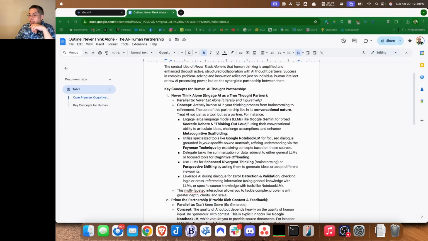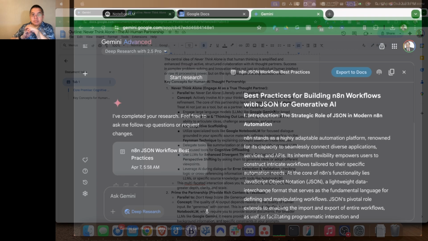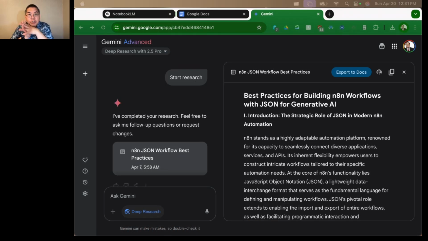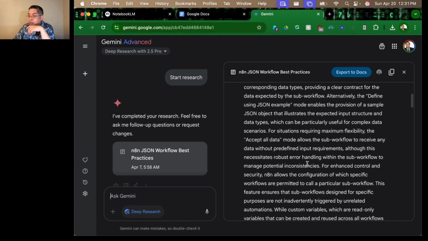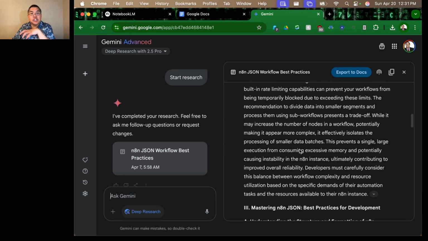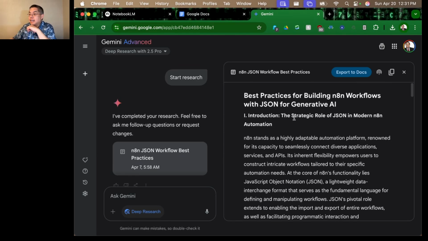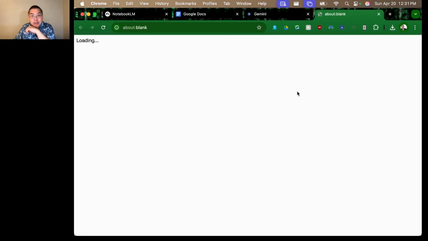So as an example, let me show you. This is Gemini. I'm using Google's Gemini. Let me make sure I'm in the right screen here. Nope, that is not the right screen. Let's go to macOS screen capture properties, restart capture. So here we see a deep research report I was doing on the best practices for building N8N workflows. All of this information is stuff I could start a conversation with. I could give this to Gemini and say, let's take this document as our starting point in our conversation.